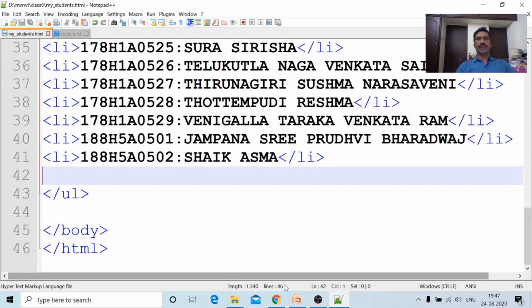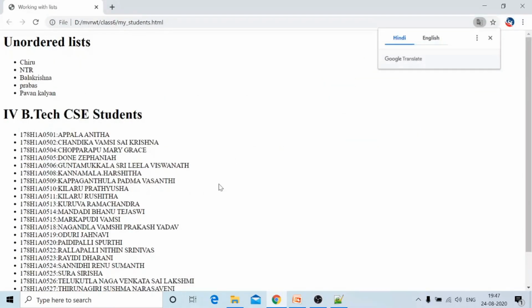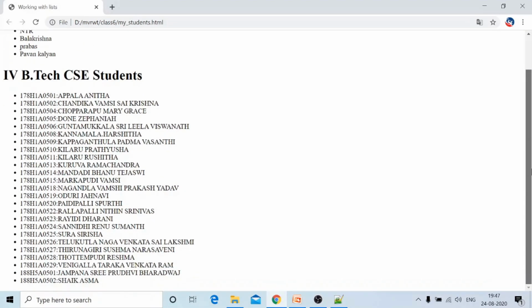Now if I open the same file and press F5 to refresh, it will appear like this. Fourth BTech CSC students, 501, 502, 503, lateral entry students: Jahnavi, Vamsi, Tejasvi, Ramchandra, like this.